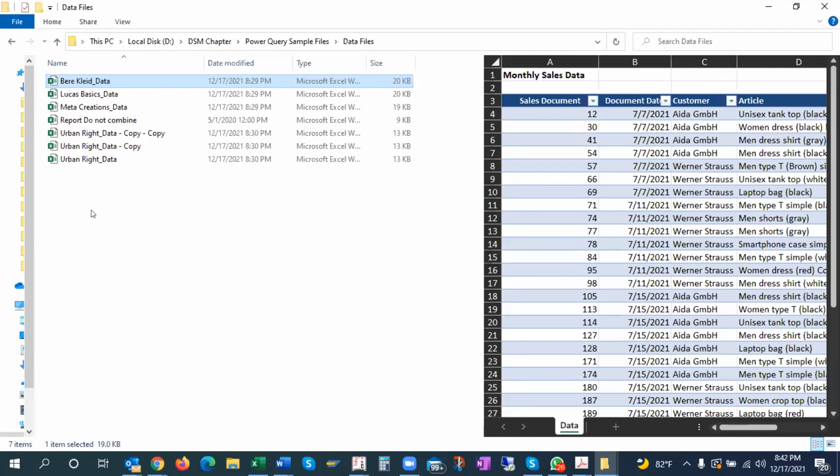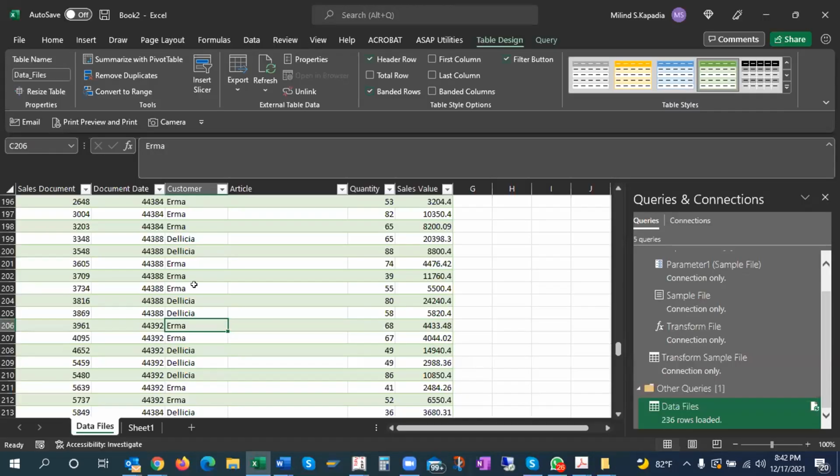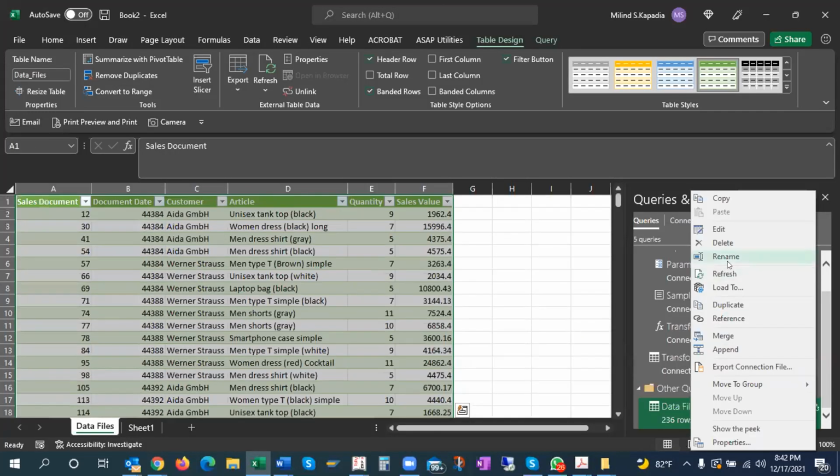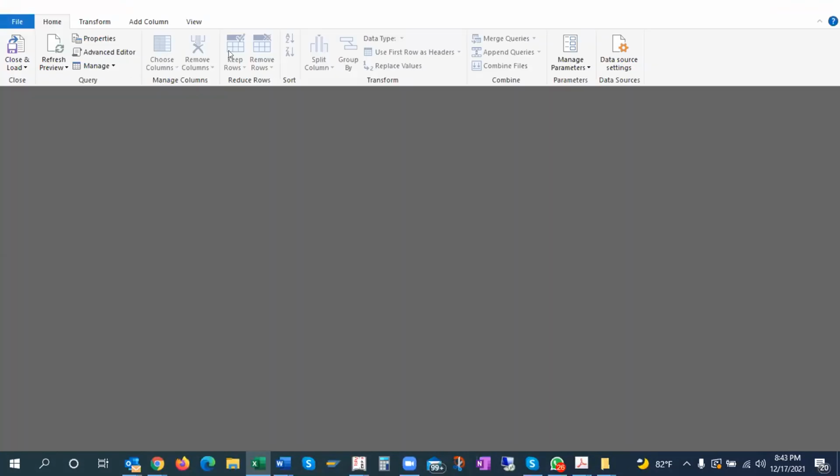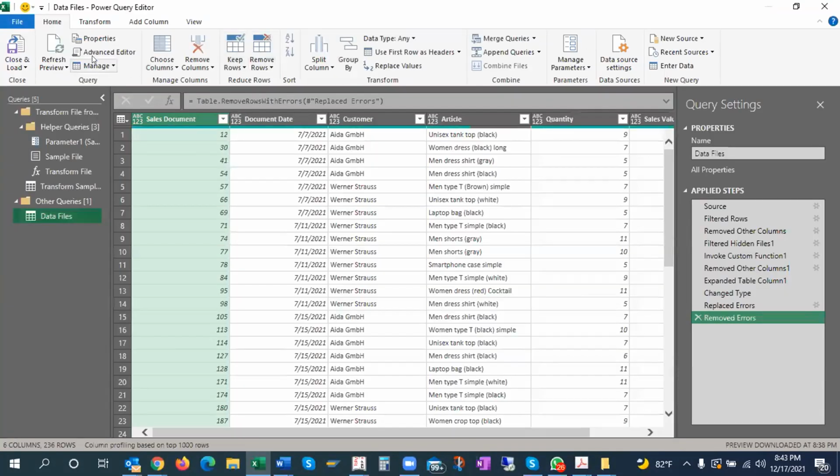No, you have a valid question. Let me just go through that. Does M language have such a thing? Because these are interfaces. In Power Query, we don't have to write any formula. These are all interfaces. This is called an interface.